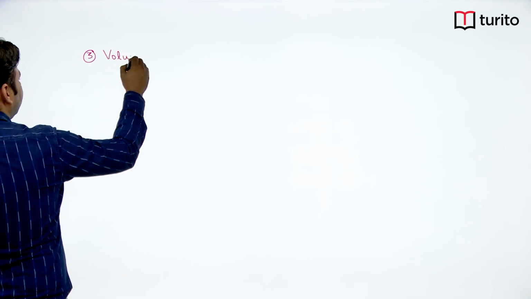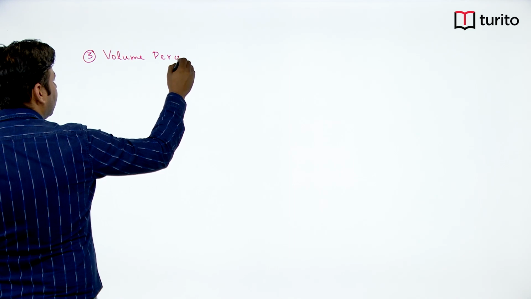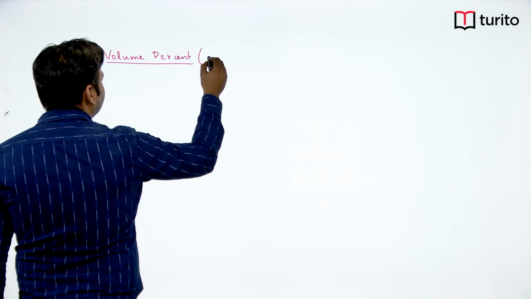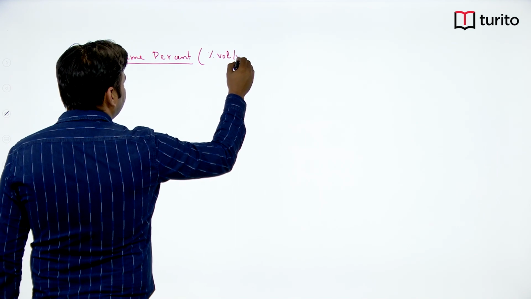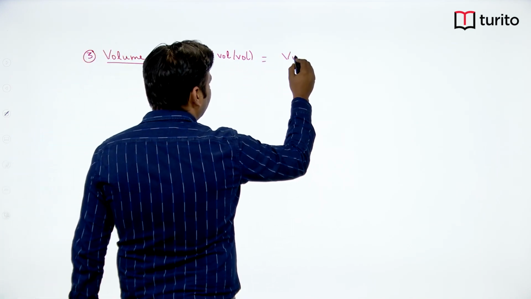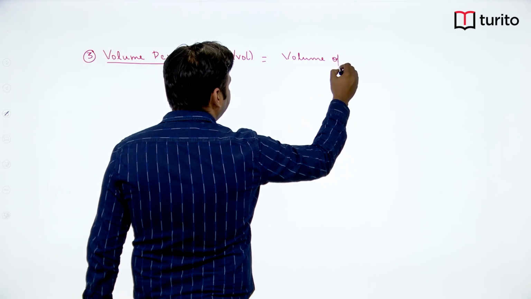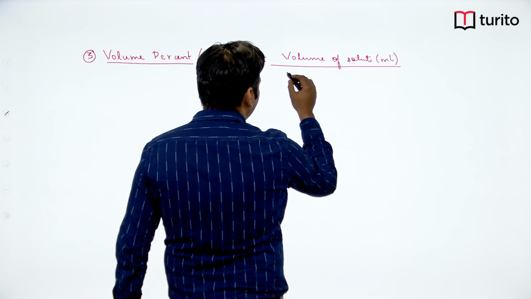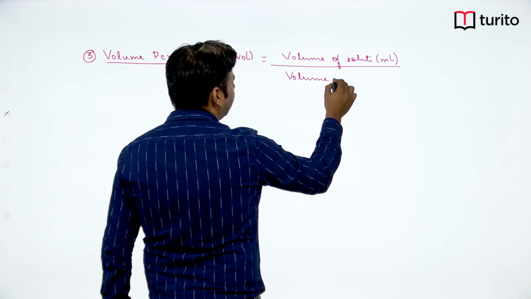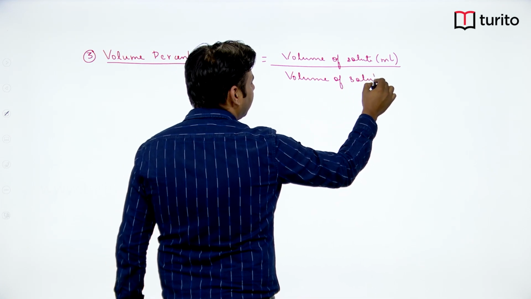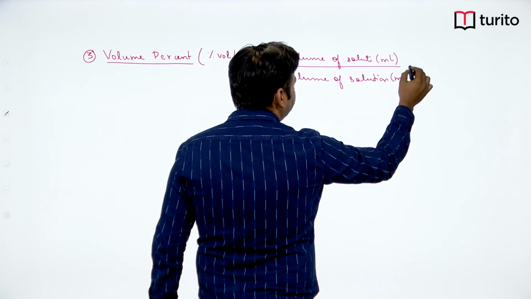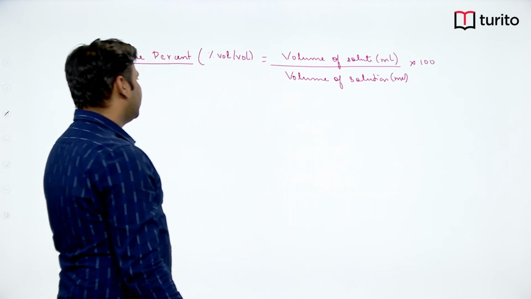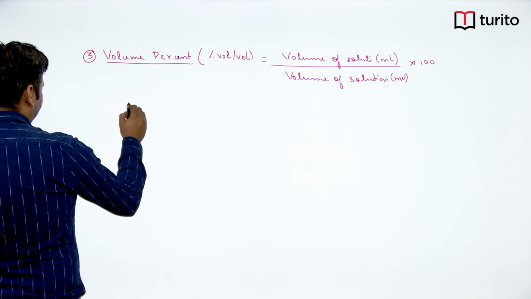The third that you should know is volume by volume. Okay, volume percent. Also it is known as volume by volume. Okay, so this is basically the volume of solute in ml upon volume of solution in ml, into 100. So suppose a solution has been given to us which is mentioned as say 10%